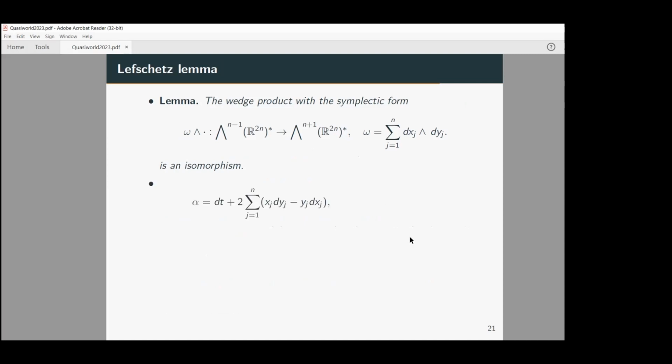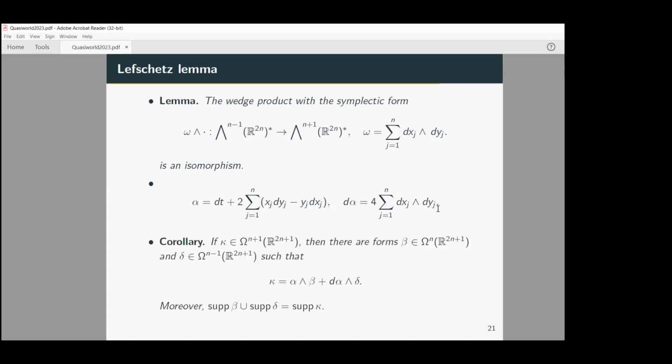Okay, so that's the lemma. And now when we have a contact form, the exterior derivative of the form is more or less a symplectic form. It's not exactly the symplectic form, because the symplectic form lives on R^2n, and this form lives on R^2n+1. So this is like a pullback of the symplectic form when you have a projection from R^2n+1 onto R^2n. Anyway, the Lefschetz lemma and this fact that d alpha is a symplectic form give the following result: that when